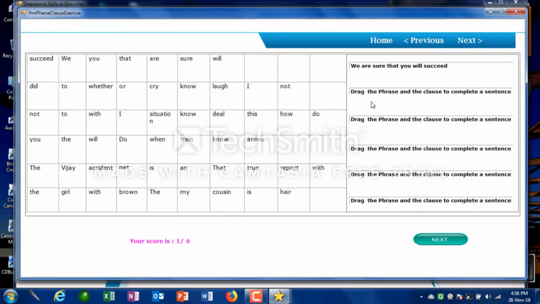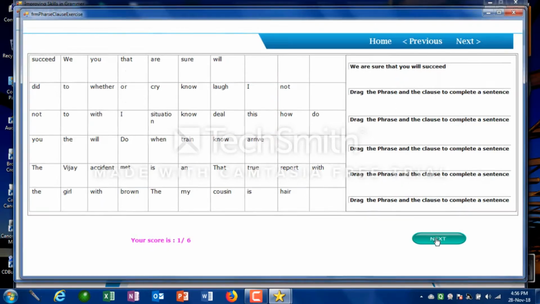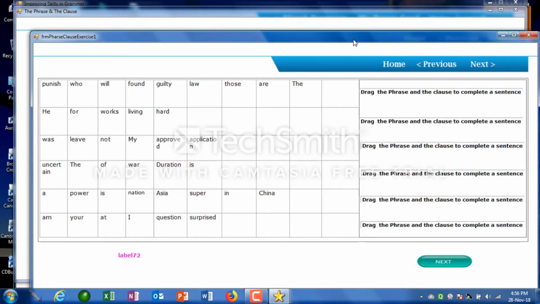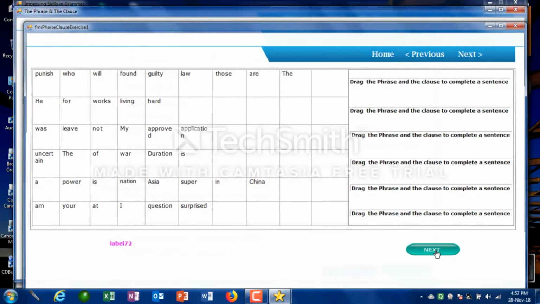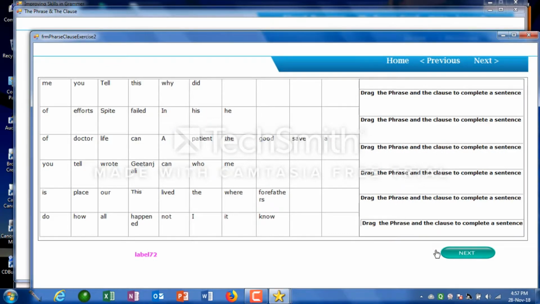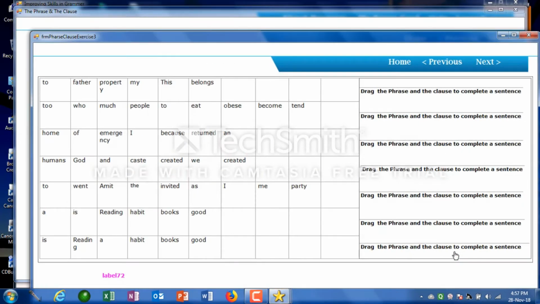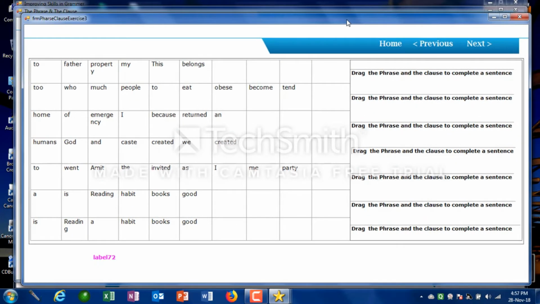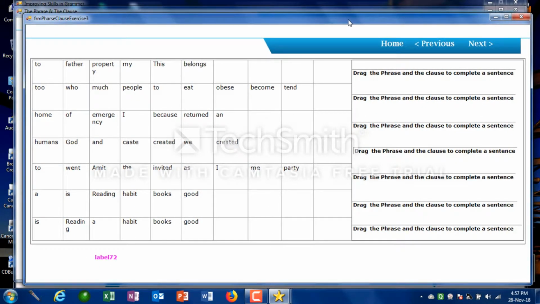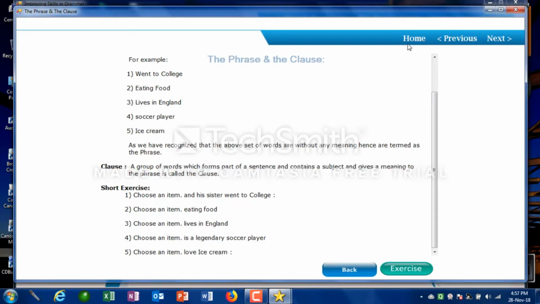Since I have done it correctly, I have got score 1. Similarly, the students have to make meaningful sentences by dragging the correct phrase and the clauses to complete the sentence. After completing these 6 sentences, we go to exercise 2. Same here, it's an exhaustive exercise. Then we again have another set of exercise, and lastly another set of exercises. So we have 25 set of questions for the phrase and the clauses for the students to understand this particular part. This is very important. After completing it, if you go back to the home page,